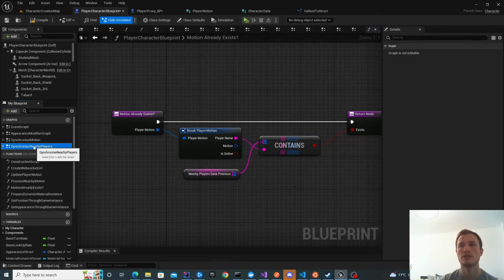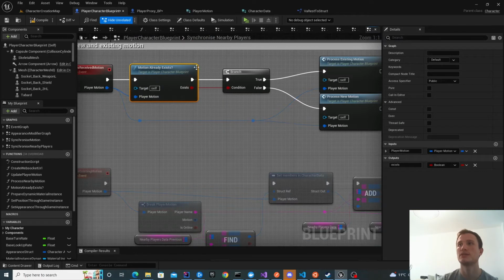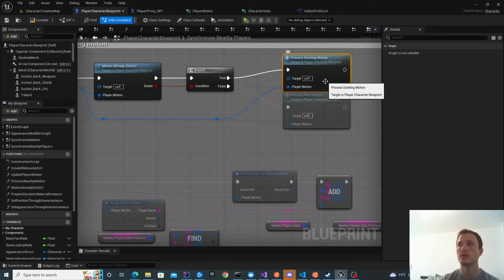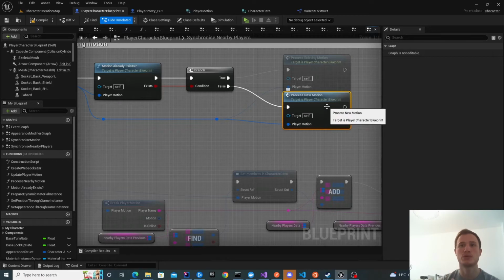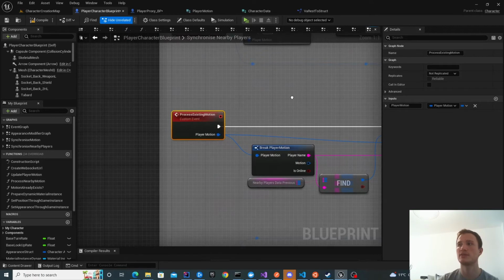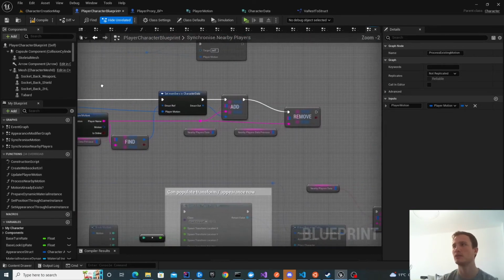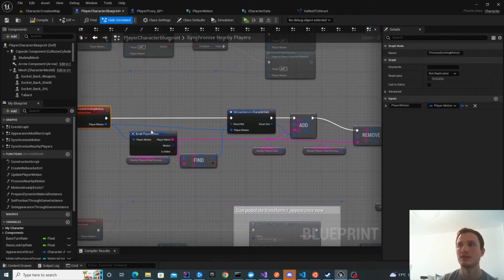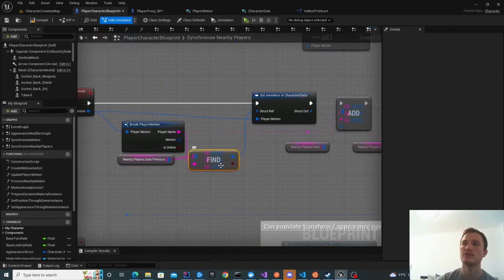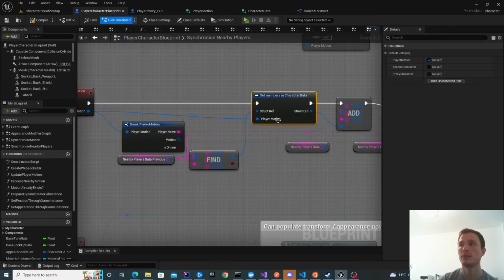So let's go back to here. You can see if the motion already exists, if true, process the existing one. If false, process new motion, which will create a new proxy on the screen. So processing existing one is relatively trivial. It looks maybe more complicated than it needs to be, but basically we check the previous data. We find our data based on the player name, which is the key, and here we just want to update the player motion